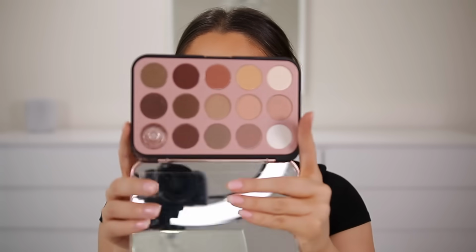Actually going to use this palette for the first time. This is the Glam Reflection Rose 15 Shadow